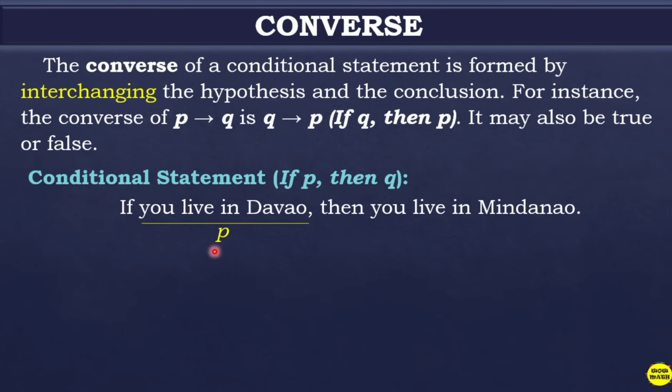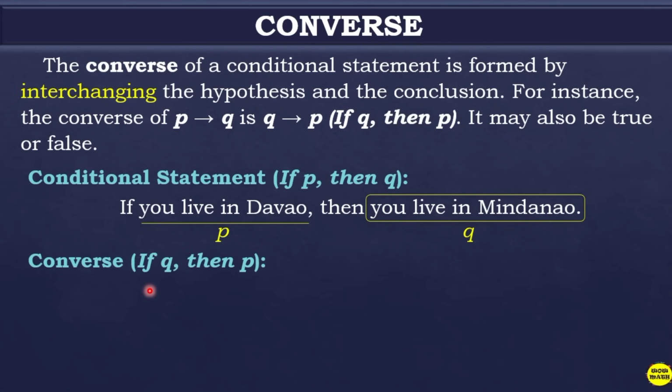This is your P. Then, you live in Mindanao. So you live in Mindanao. This is your Q. This is your conclusion. Okay. So if you live in Davao, then you live in Mindanao. So this is your hypothesis. This is your conclusion. Now, for us to convert this into its converse, interchange po